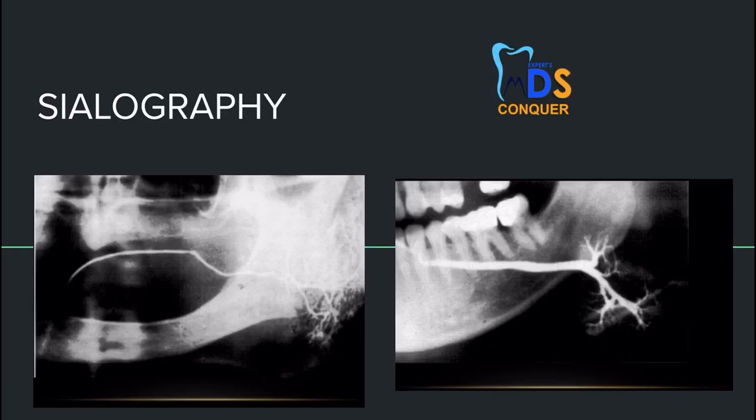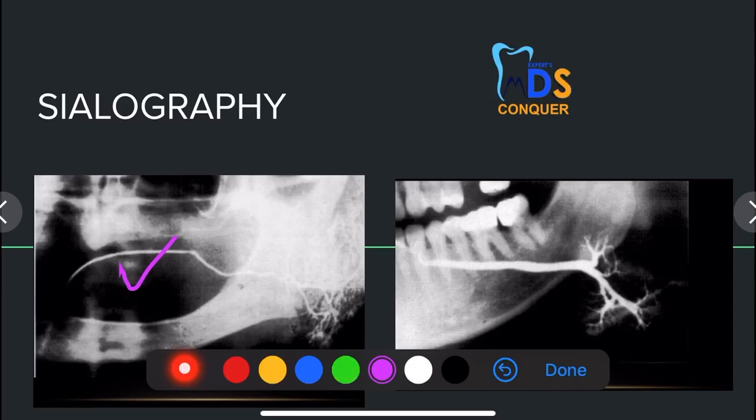So now next, going to sialography. Here a contrast agent will be injected into the ducts, and a normal conventional radiograph will be obtained, so as to know the exact cause and exact condition presented by that particular salivary gland. Okay, so now this is a normal salivary gland appearance. First one is a parotid gland. The parotid gland appears tree-like, whereas a submandibular gland appears bush-like. Okay, so this is a normal sialographic appearance.